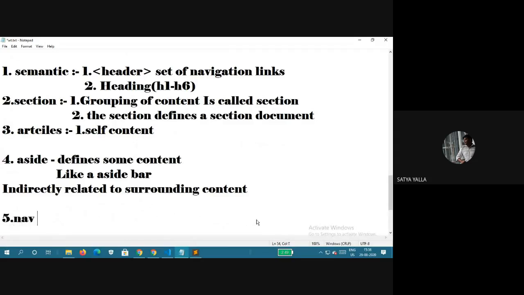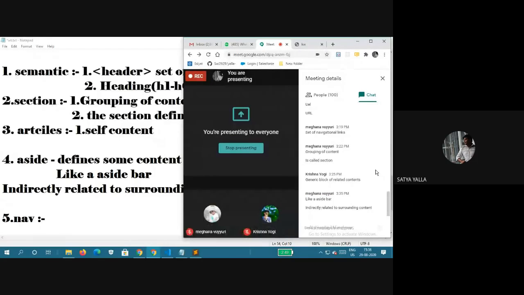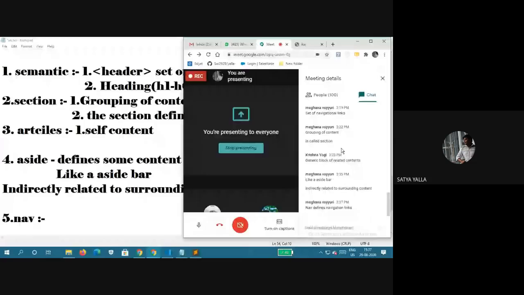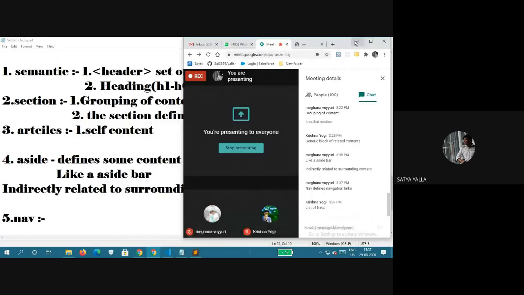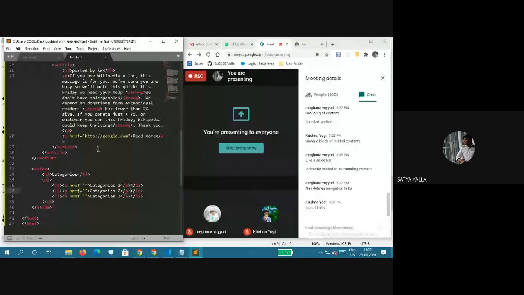And what is nav? Guys, can anyone reply? What is the meaning of nav? Okay, nav depends on navigation. Yes, a set of links. This is a set of navigation links.